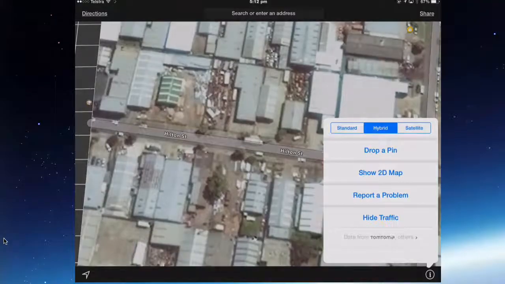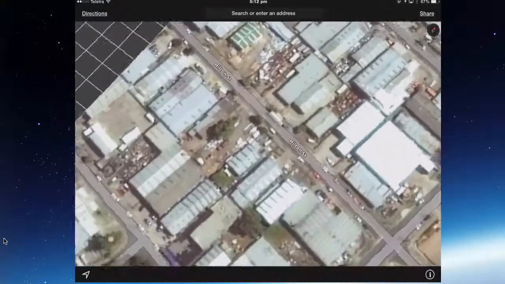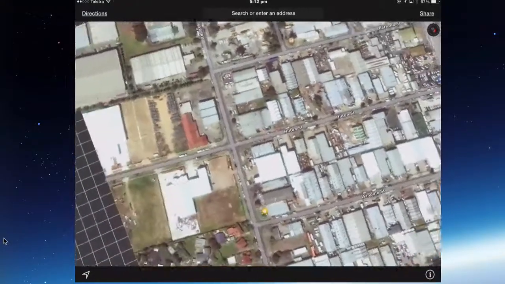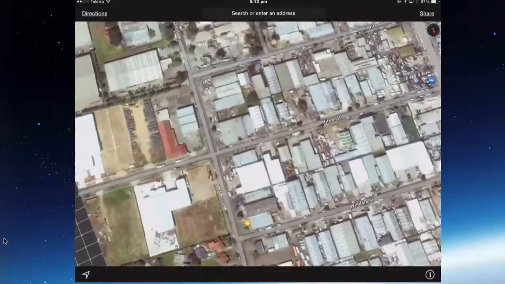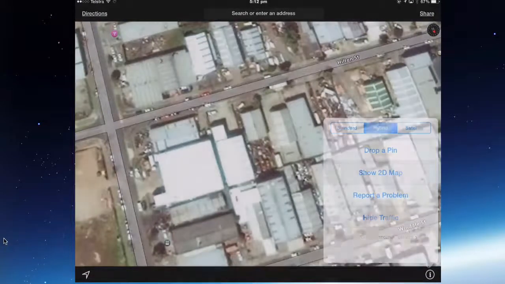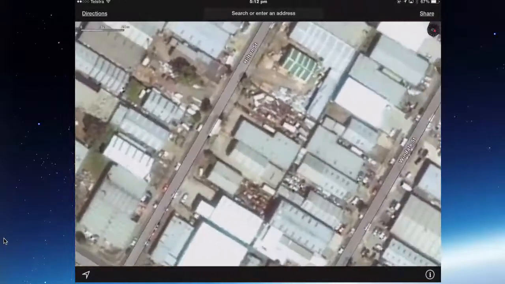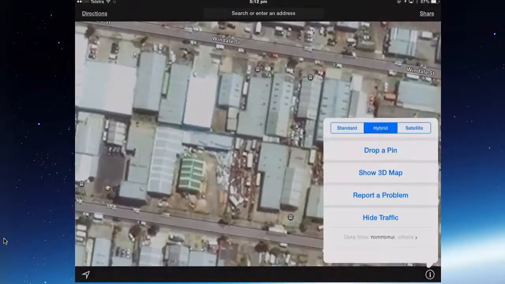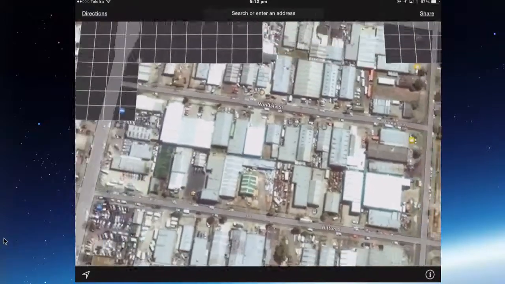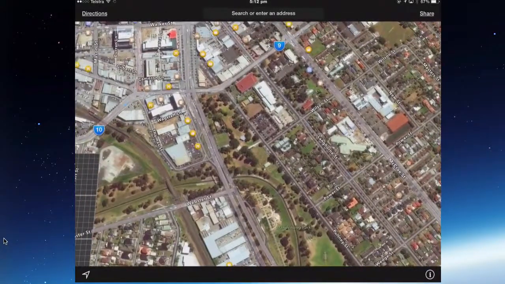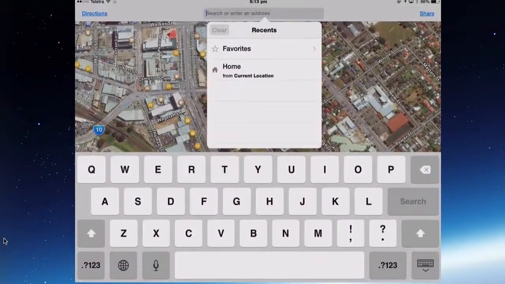So make sure I'm in the 3D view. With two fingers, I can rotate. I can see from different angles, move them around, going closer. The 2D view is just a bit flatter. You still can rotate. So I'll keep it on 3D and zoom back out. If you want to search for a place, you go into search or enter an address,